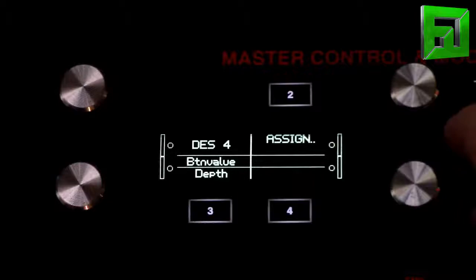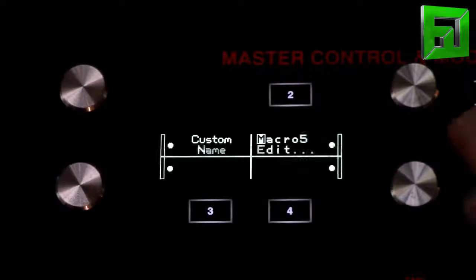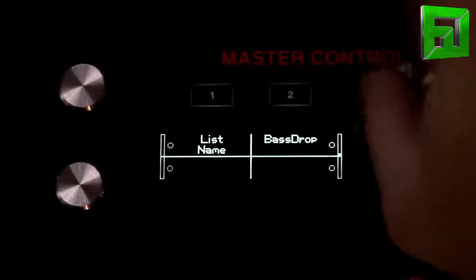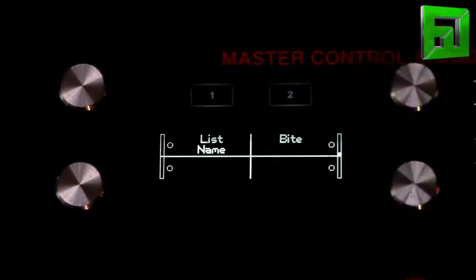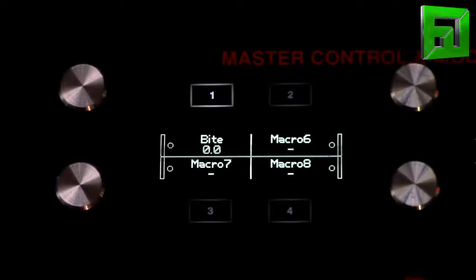So that's pretty good. So what do we call that? For now, I'm just going to call it bite. It'll give me an idea. So now I have this really dead sound, but if I press a button,